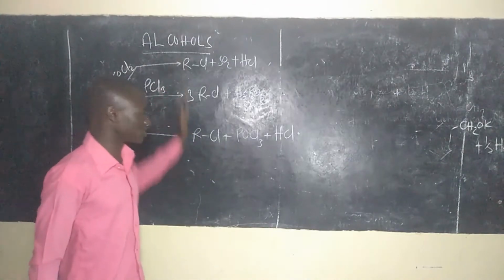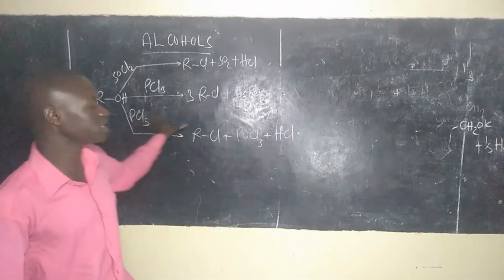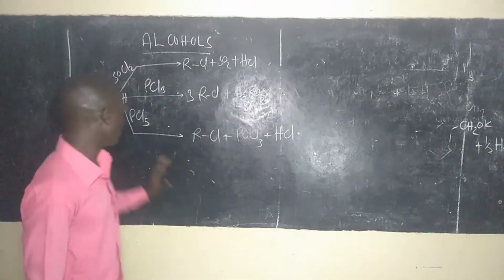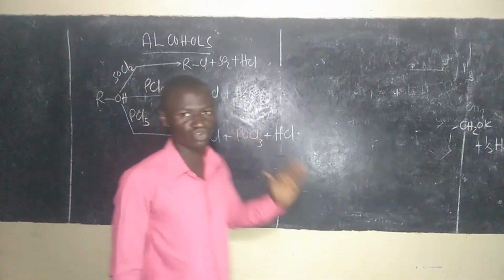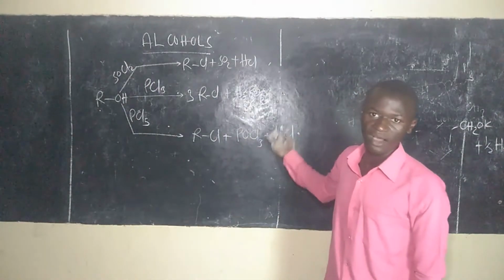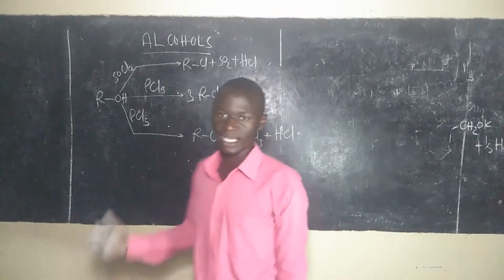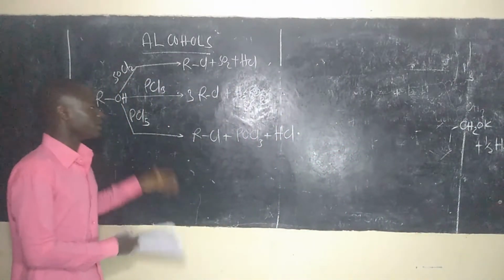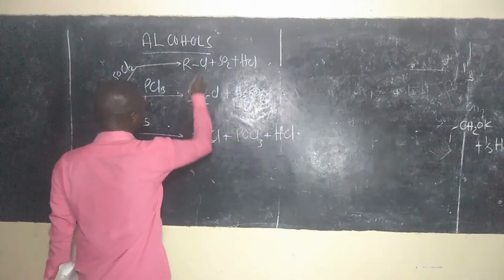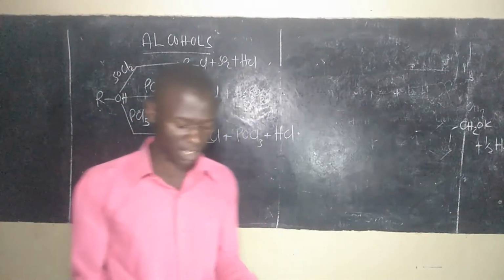So you can observe yourself the difference in products when we are using different halogenating agent in this reaction. Kwa hiyo inategemea tutatumia halogenating agent gani, lakini kila agent itatupa reaction yake. Kila agent itatupa reaction ya aina yake. So hii zote reaction product tunayoibase hapa ni haloalkane ndio tunayoitazama, lakini we have different categories of reaction ambazo zinaweza